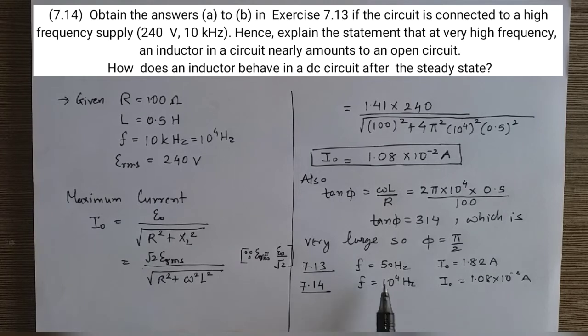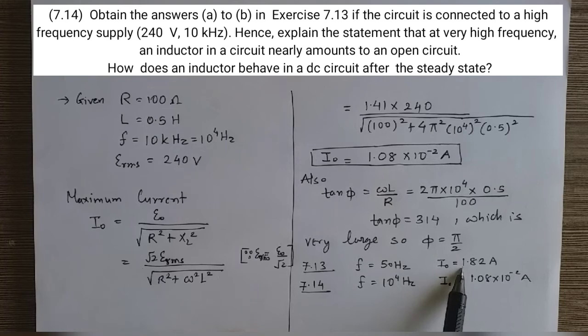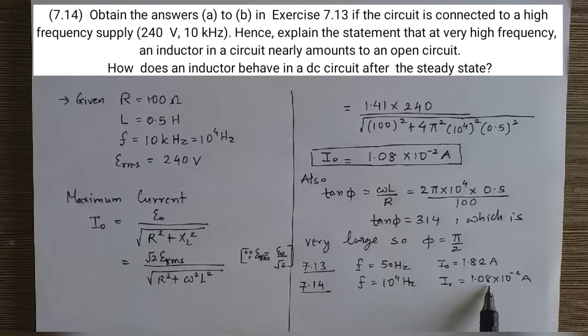Clear? Now you easily find that at low frequency we get the higher value of maximum current, and at higher frequency, that is 10 raised to 4 hertz, we get the low value of maximum current. Clear? So from this comparison we can write,